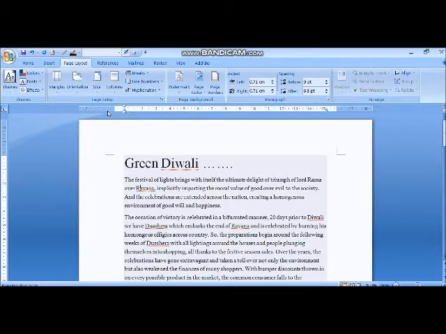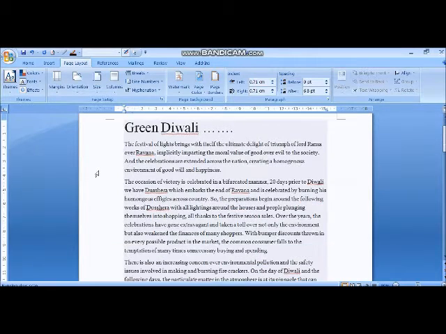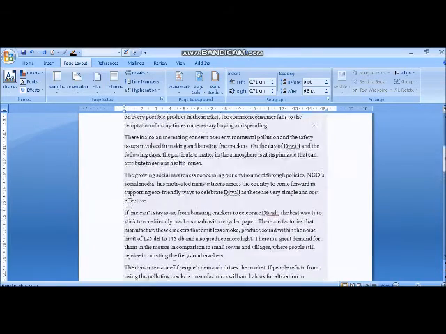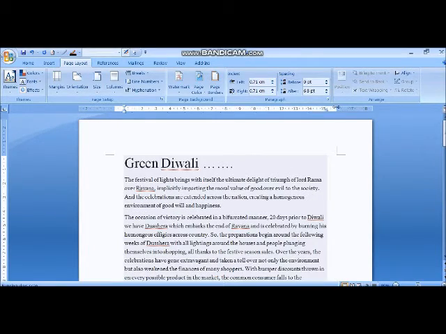See, this blue part is your left margin. See, this is your left margin. If you click here, you can see the margin. So this is your left margin and this is your top margin. Okay, and this is your bottom margin, means you cannot write anything in this margin. Only you can insert header and footer or insert page number in this margin. So this part is known as your margin. This blue line is your margins.